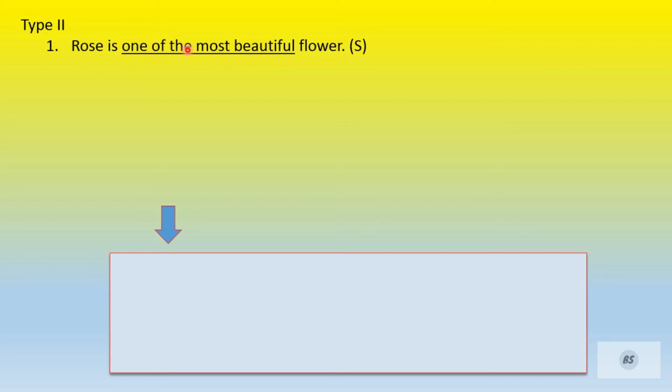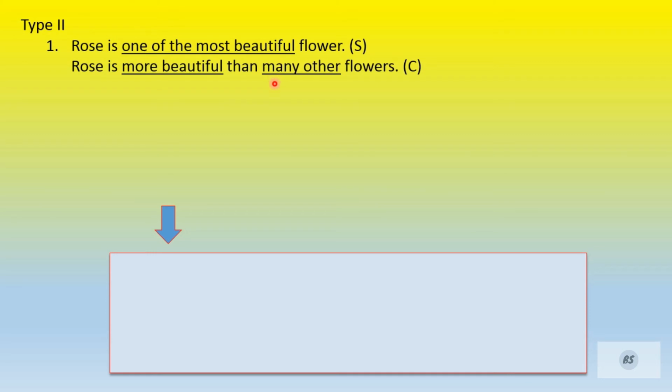So that is why comparative positive will also have little change apart from adjective. Now see, rose is most beautiful की जगह पे लिखेंगे हम लोग more beautiful, but then any other की जगह पे हमको लिखना पड़ेगा many other flowers. Why many other? Because here it is written one of the most. One of the most tells that rose is one of the most, यानी still there are few flowers which are like rose only, they are beautiful. That is why I cannot write any other, but I have to write many other. So be careful, if it is written one of the, so here you will write many other.